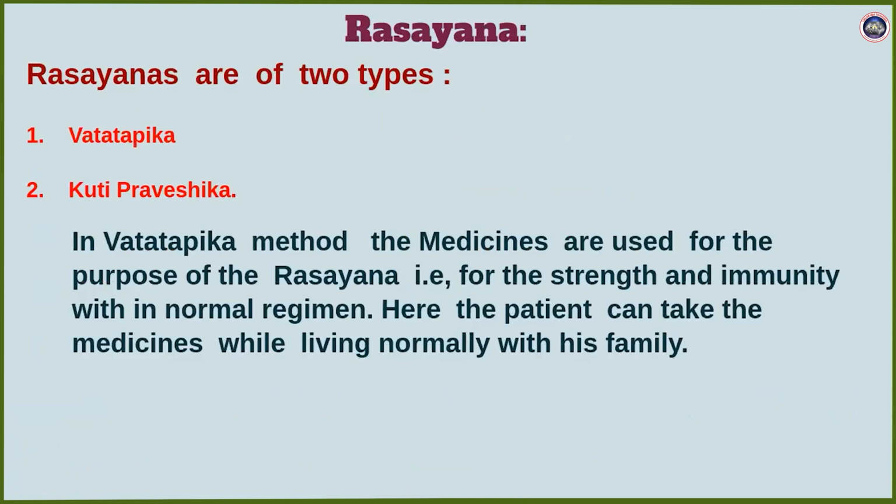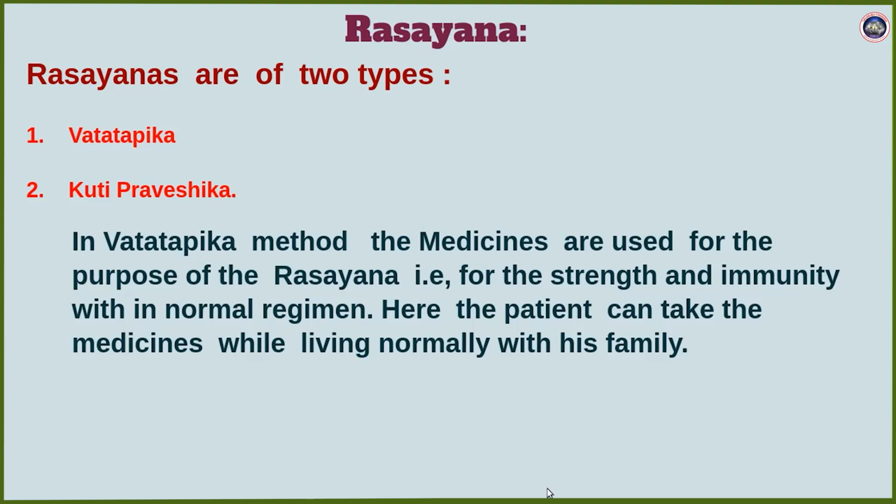So actual rasayanas are of two types: vata tapika and kuti praveshika. That means there are two methods of how we use them. Vata tapika is nothing but using it just like a medicine. Daily you use some medicine. Like that, you use this as a medicine at home, normally along with all our other food and all our other rituals and everything. So at home, if you use some medicine prescribed by some Vaidya for Rasayana, then